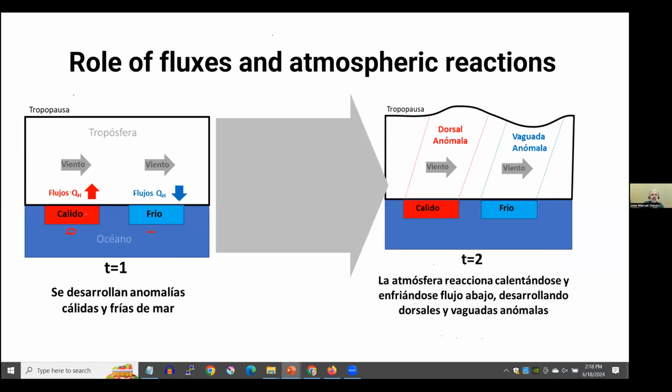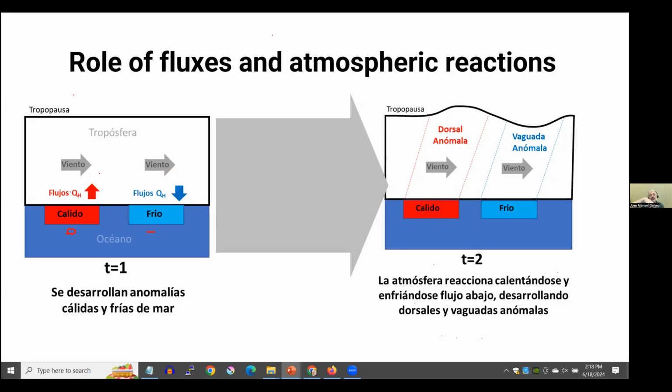So the way the ocean communicates with the atmosphere is via fluxes, right? So in this case, the atmosphere is cooler than the ocean, so the fluxes are going to go up, and the ocean is going to warm up the atmosphere. In this case, in the east, the ocean is actually colder, so the atmosphere is going to warm up the ocean. The fluxes go in a different direction. But what happens over time? Over time, the atmosphere communicates, especially once you're in the warm region, you will tend to communicate with the rest of the atmosphere, and that warming that you're generating